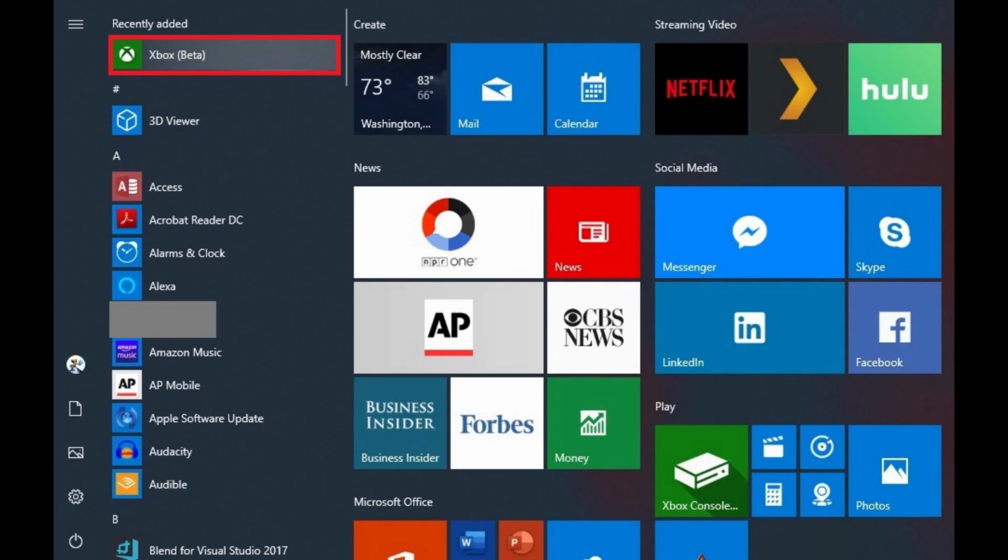You can access Xbox Game Pass for PC at any time through the Windows Start menu by launching the Xbox